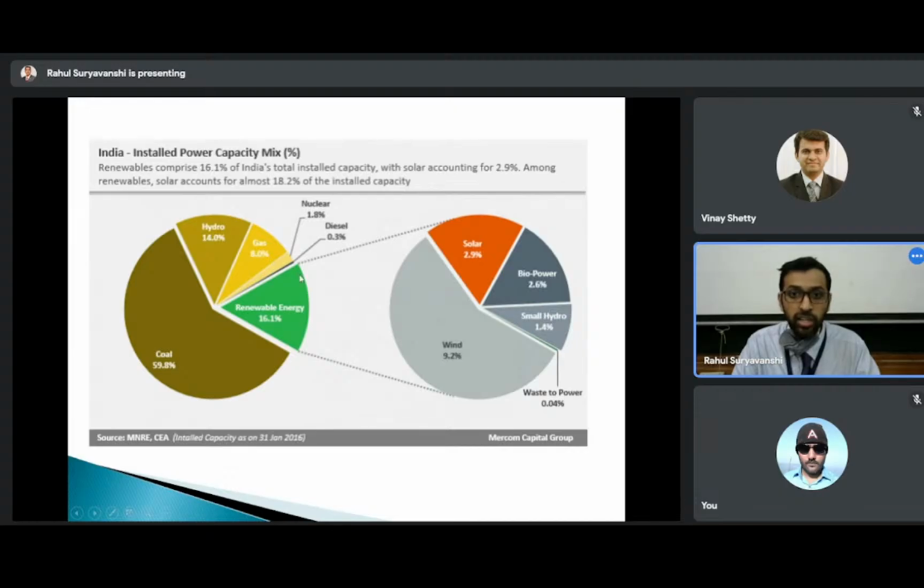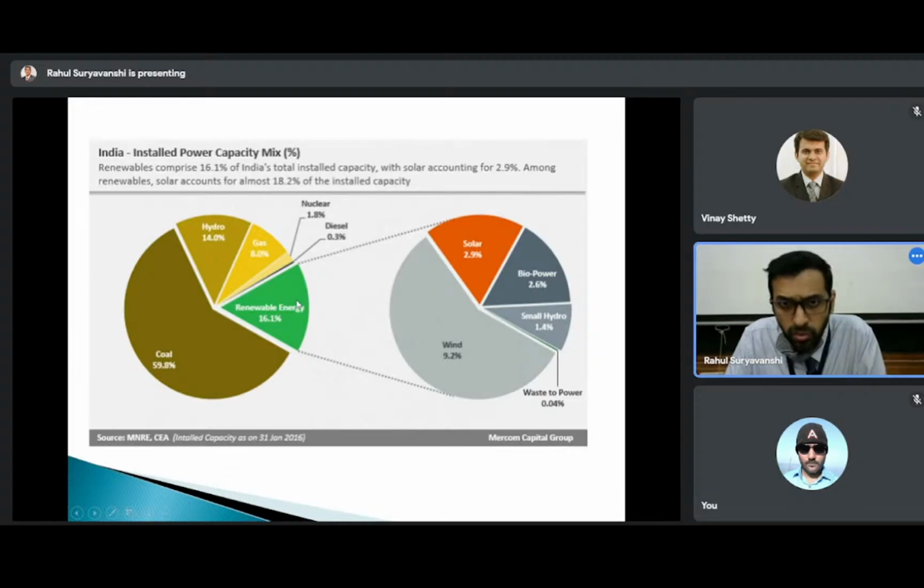So you can see that this sector is one of the massively growing sectors, and considering the different schemes which government is launching, they are targeting 100 gigawatt. Okay, so 100 gigawatt is a huge amount of power. So this we are trying to achieve in another couple of years, and that will surely be achieved by the various installations which are occurring. If we see these things, then what we can say is renewable is one of the most growing sectors in India, one of the prominent sectors in India.